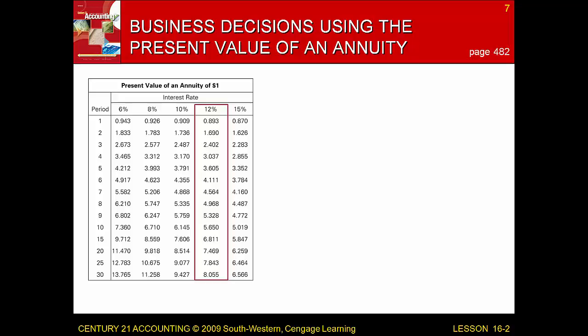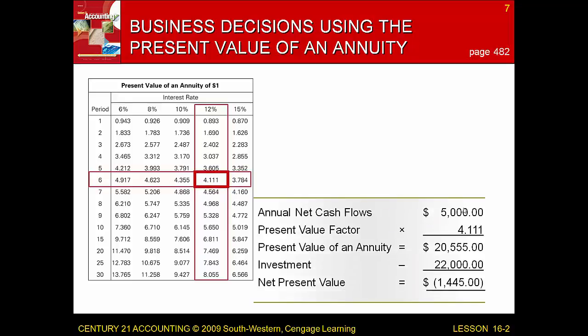of $5,000 annually over the equipment's 6-year useful life. Management expects to yield a 12% rate of return. Okay, so that's important information. So the first thing is they're going to have a net cash flow of $5,000 annually over the equipment's 6 years useful life. Okay, so 12%, 6 years. I have to use this 4.11. So I'm going to go ahead and get 5,000 times 4.11, which is going to give me the present value of the annuity of